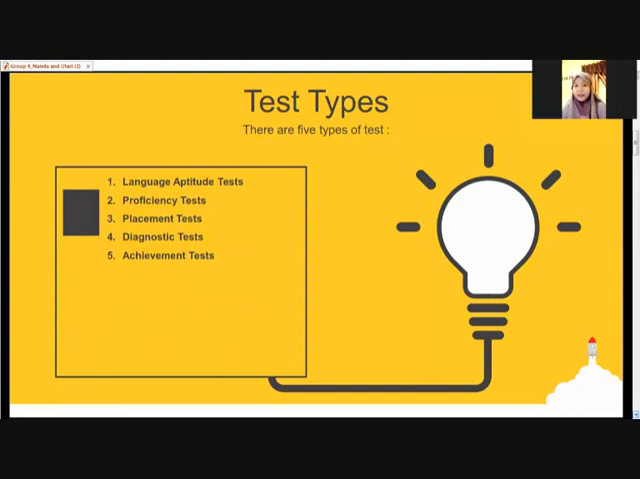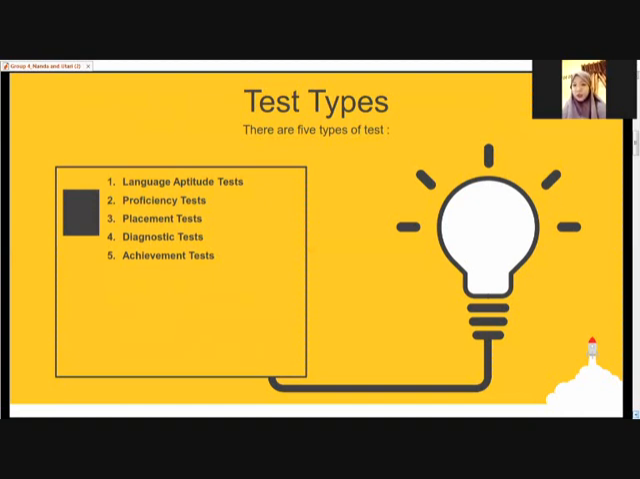In designing a task, we should know about the task types, and I think we also discussed it in the previous meeting. There are five types of tasks. The first is the language aptitude task. It is designed to measure capacity or a general ability to learn a foreign language and ultimate success in that